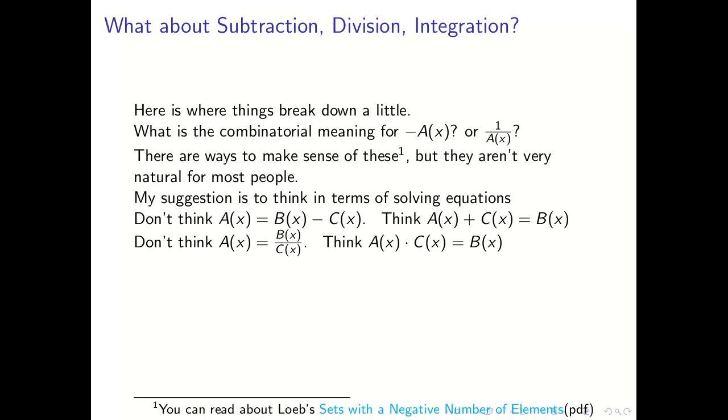And like you can see that I already did this sort of cheat earlier on in the talk when I was talking about derangements, right? Because I said that a permutation is a product of a derangement and a set. And so maybe what I should have said is a derangement is a permutation divided by a set. And there are ways to make sense of this, but we're not going to talk about it.